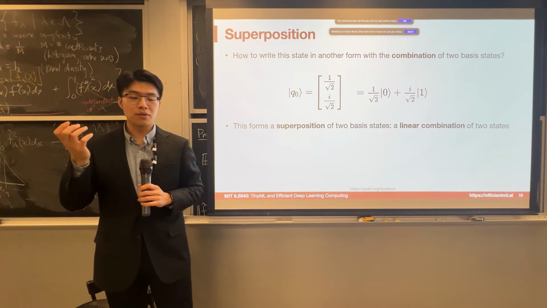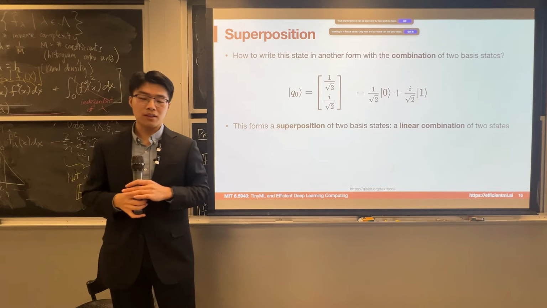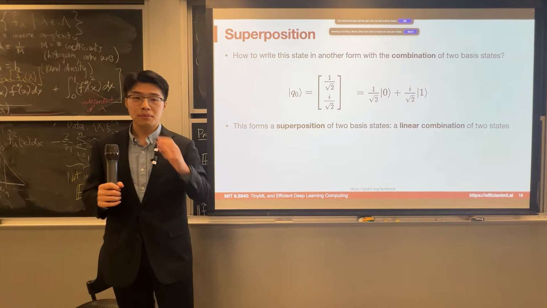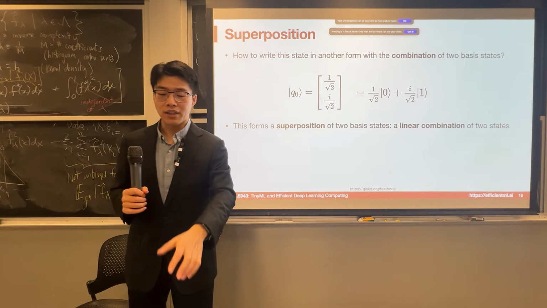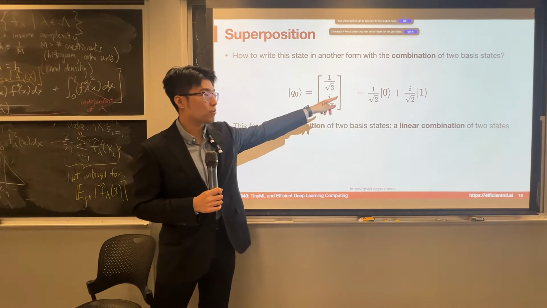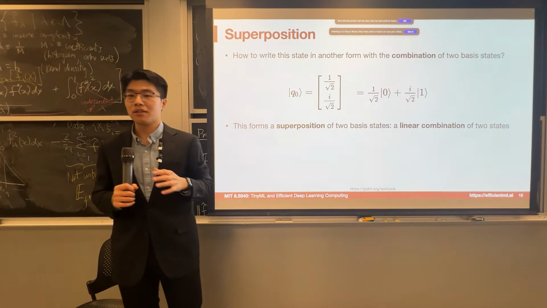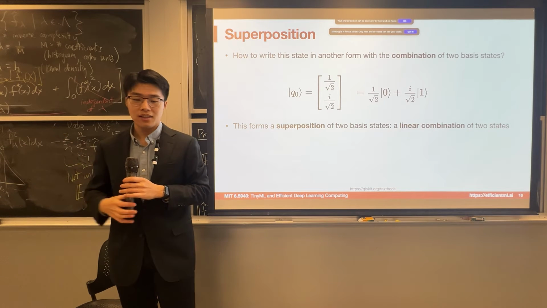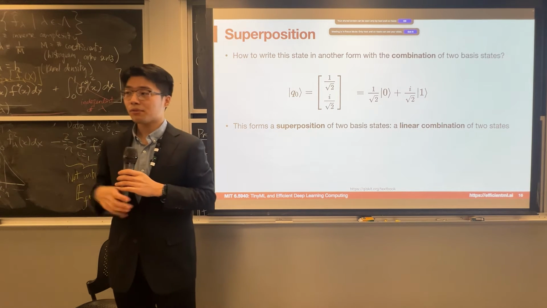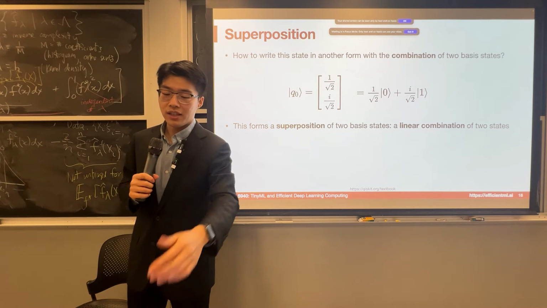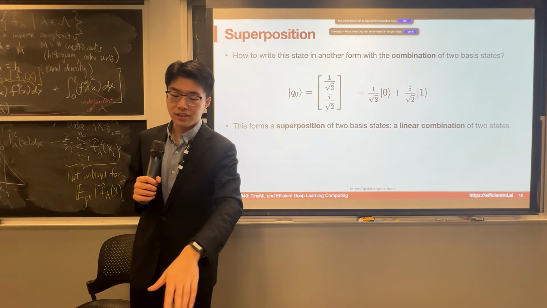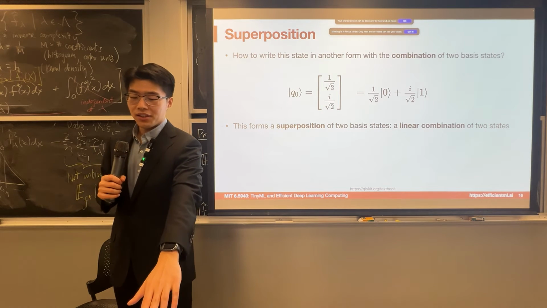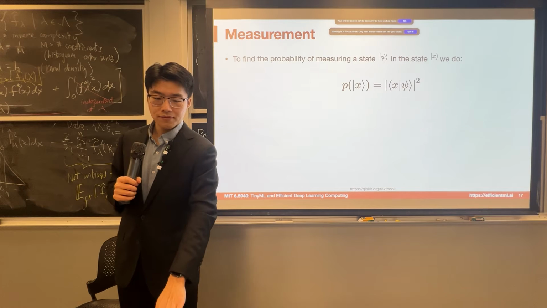This is a very special property of the quantum system, because it creates a superposition of two states. Imagine in a classical domain, we only have a 0 or a 1 at one time, because there is no way to have bit 0 and bit 1 together. But in a quantum state, we can have a superposition, because we have amplitude for each of the states here. Superposition is mathematically defined by this linear combination of the two basis states.